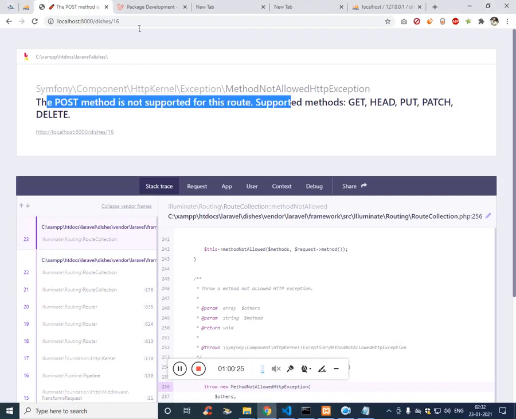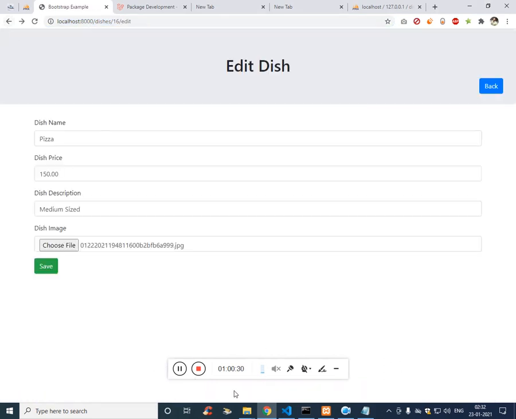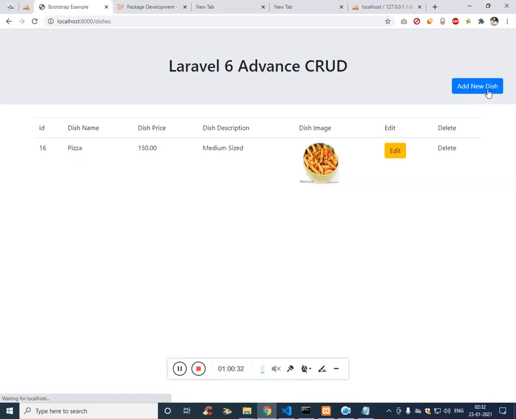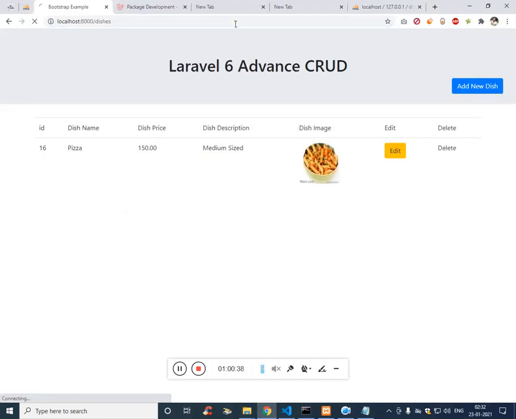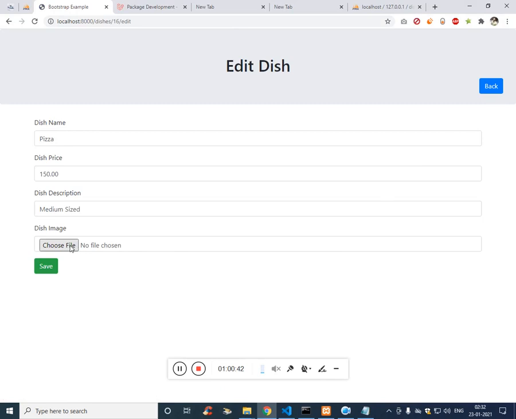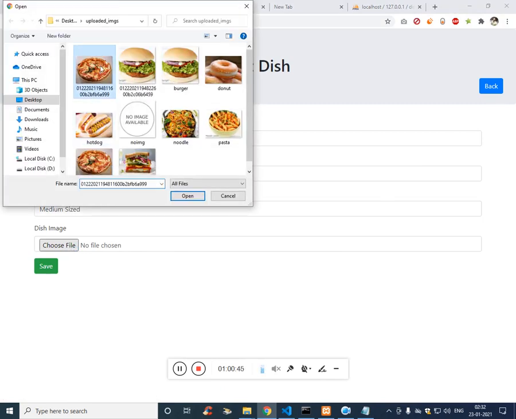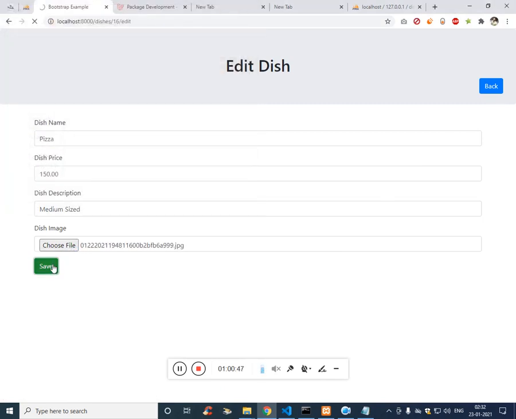And now if I refresh, let's check whether it is updated. It is not updated. Let's try again. Refresh it, click on edit, and let's now correct the image as pizza.